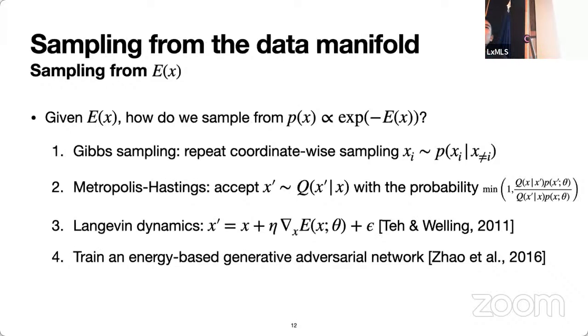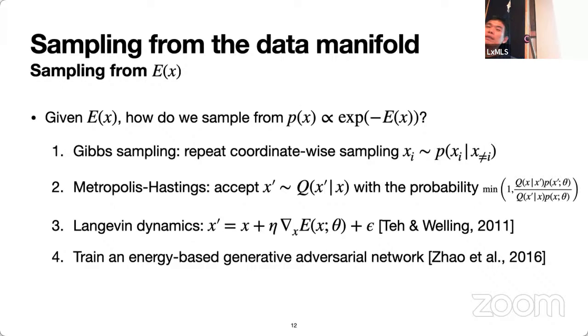So let's say we somehow train the generative model using stochastic gradient descent. And then what do we do? We want to sample from this generative model because we want to see what kind of things are considered likely that may not be part of the training set. You've been seeing all this, DALL-E 2 and so on; we know how to sample, we think we know how to sample from it, but in principle, unfortunately, we actually don't. There are many techniques, such as, let's say, Gibbs sampling. Well, Gibbs sampling is not really naive, but let's say Gibbs sampling, or the slightly more sophisticated Metropolis-Hastings with a complicated local proposal distribution.